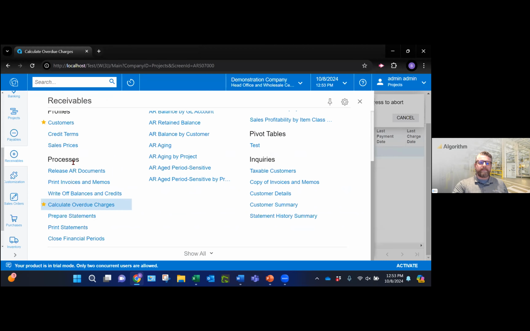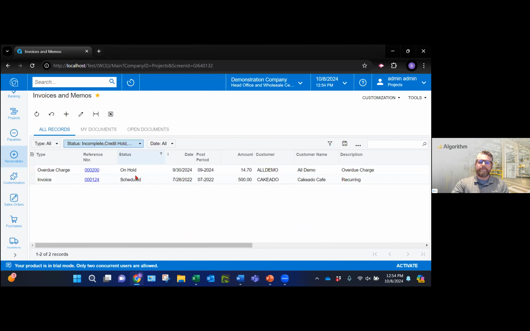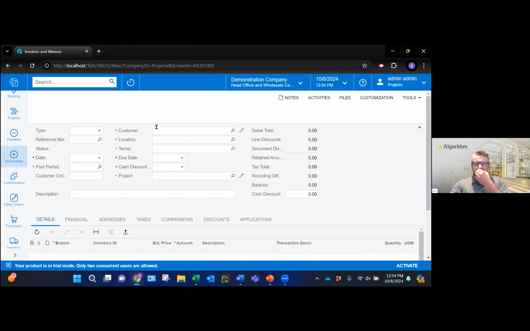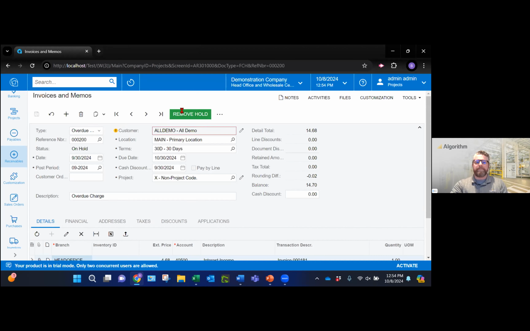All right, let's take a look at that transaction. We're going to go back to invoices and memos and find our overdue charge right here. And from this screen, regardless of the status of the customer, on credit hold or active, we can work this document all the way through to posting by taking it off hold here. And we'll see here, this is just a document credit hold, not a customer status credit hold just because they've reached their credit limit. Take it off document credit hold